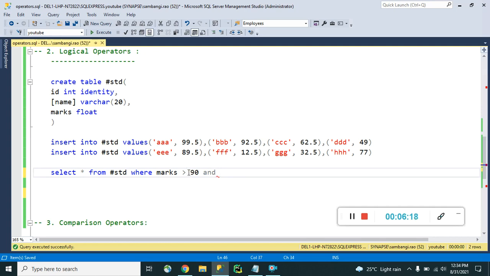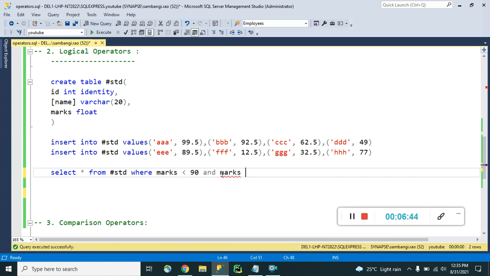Actually, I don't need those who have more than 90 marks, so I have removed that. This time I need those who have marks below 90 and one more condition.